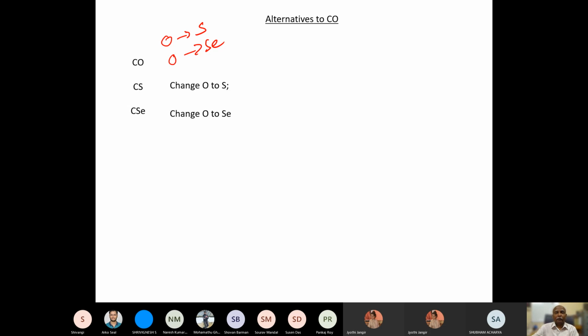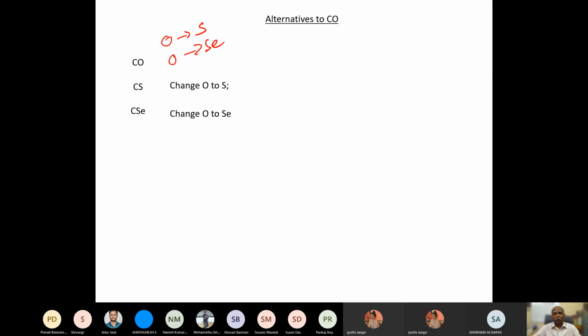But the difficulty is that in order to make the complex, you have to start with the carbon monoxide complex and do a substitution reaction of some sort, or eliminate sulfur from CS2, or eliminate sulfur using a phosphorus ligand. The phosphorus ligand is a nucleophile. It will attack the carbon, and then the sulfur bites back the phosphorus, and because phosphorus is more oxophilic and chalcophilic, it will take up the sulfur and form PPh3S as a final product, or PPh3Se as a final product.